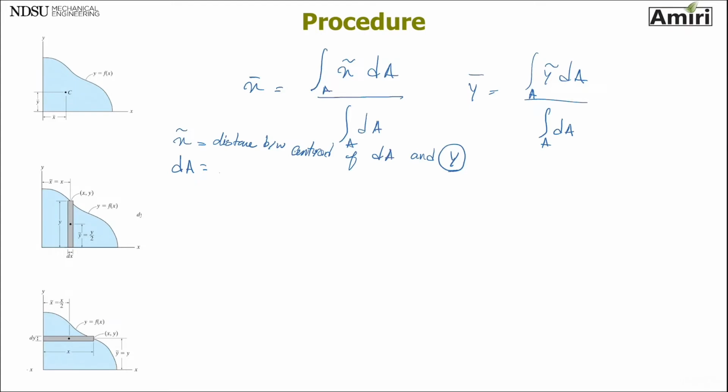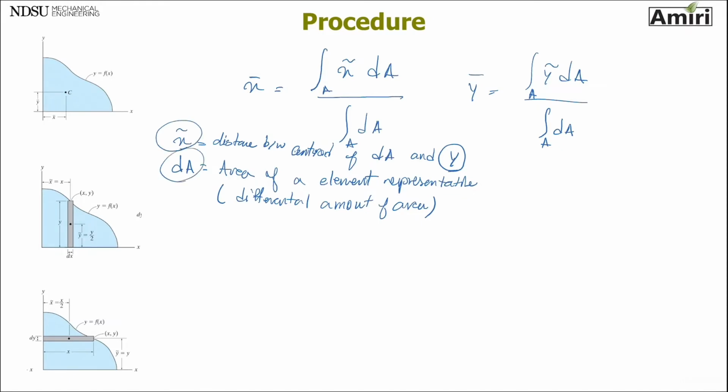And dA is the area. I should have said differential area, or a differential element, or representative. In other words, a differential amount of area. So if we can find these two for any area, then we can just integrate them and find x